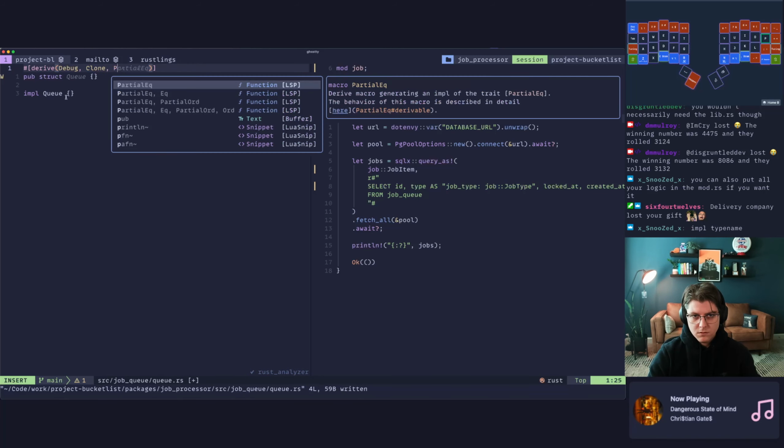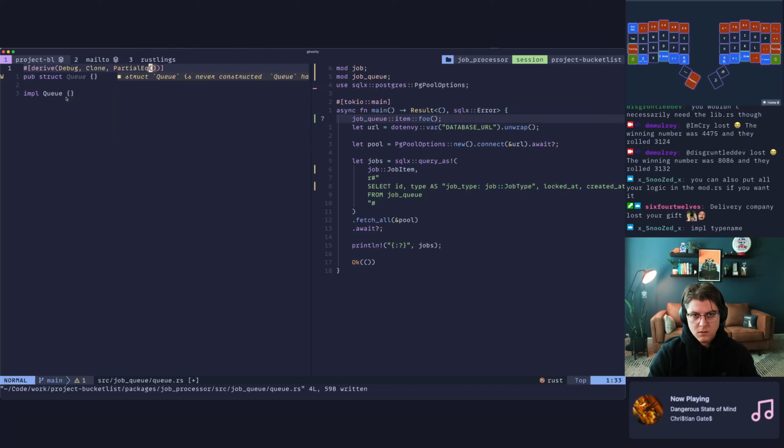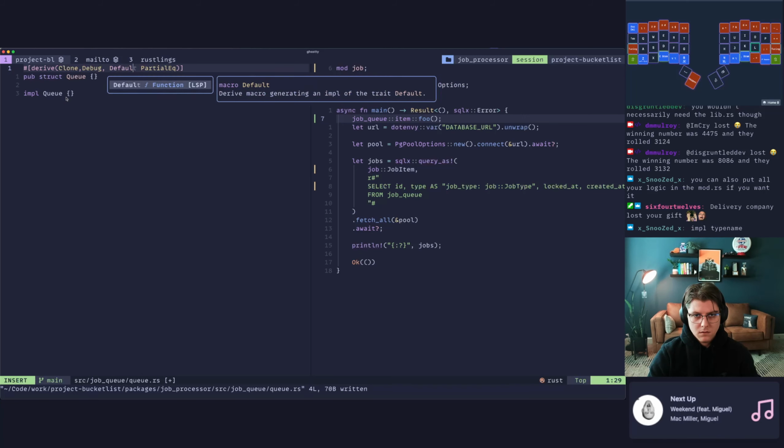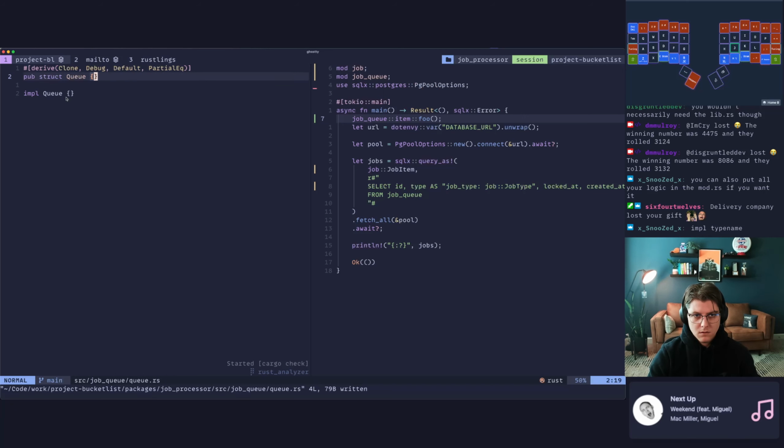Partial equal. What were the other ones that said to default? Okay. There's like a fifth one, but I can't remember what it was.